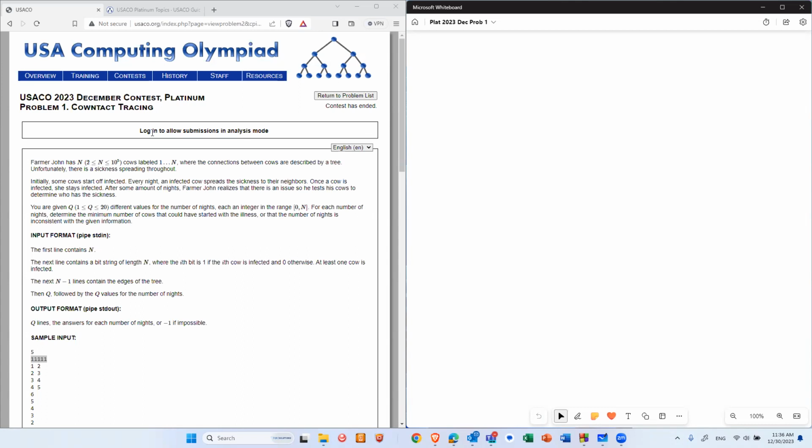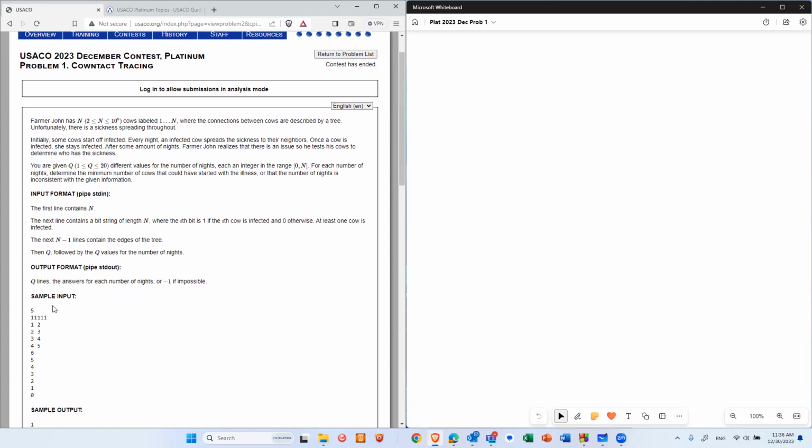Farmer John has N cows. Some of them are infected. Which cow is infected is in this binary string, 1 or 0. Then every night, the cows are connected with each other through a tree structure, as the edges are described like this. Every night,